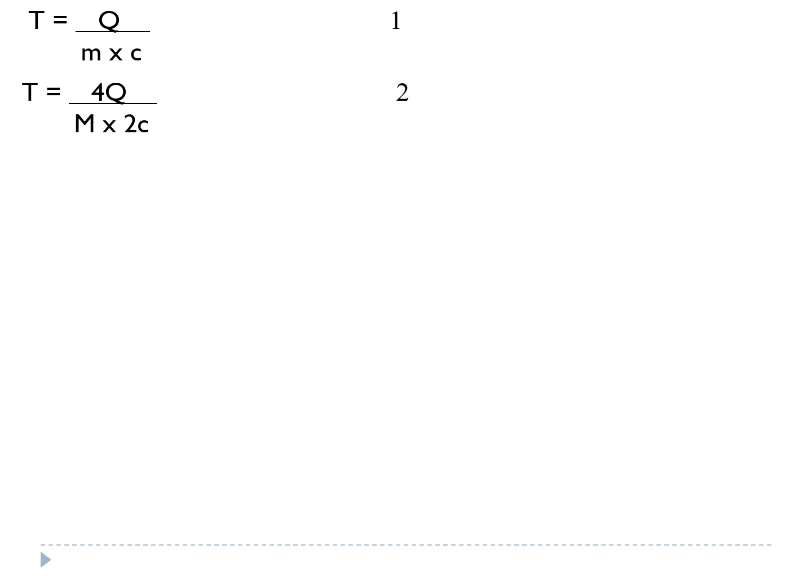Okay, I repeat, because the left hand side is equal, we will consider the right hand side also to be equal. We'll rewrite that. So we have Q upon M into C is equal to 4Q upon M into 2C. Nothing we've done. Whatever is the first equation, the second equation, we have considered that to be equal. Okay, because the left hand side is equal, right hand side is also considered to be equal. Now what do you do?